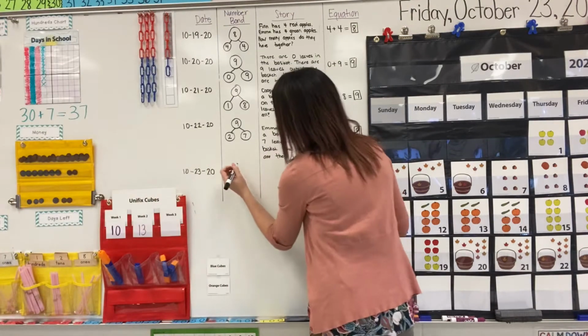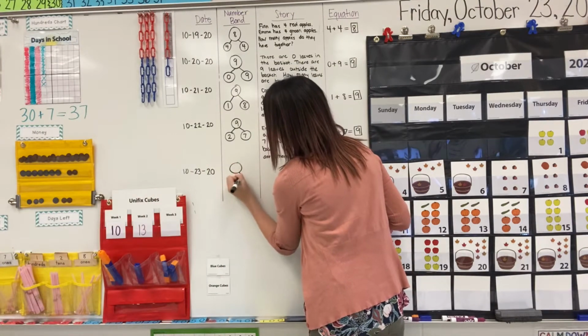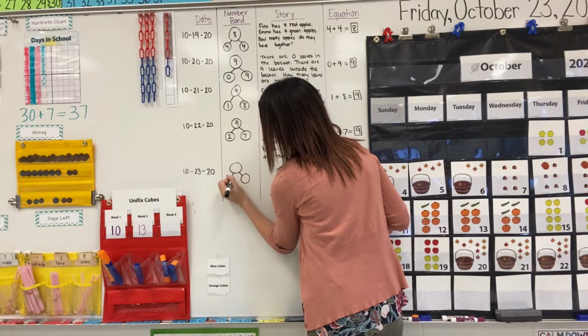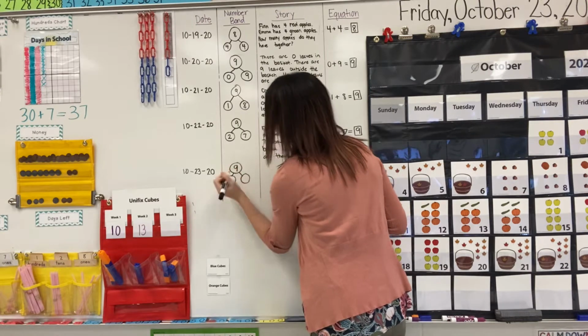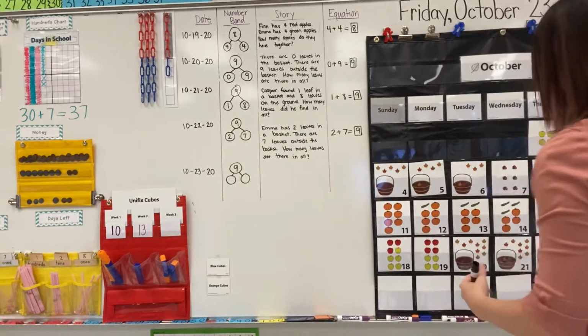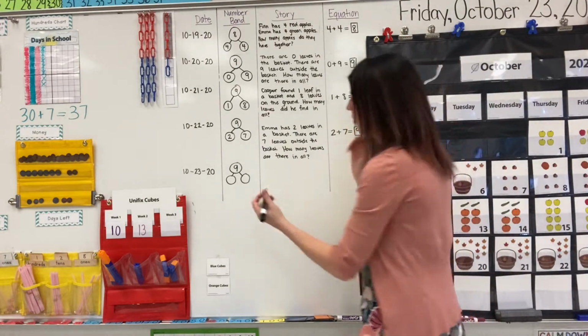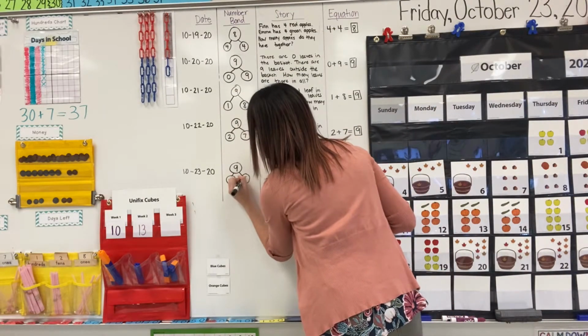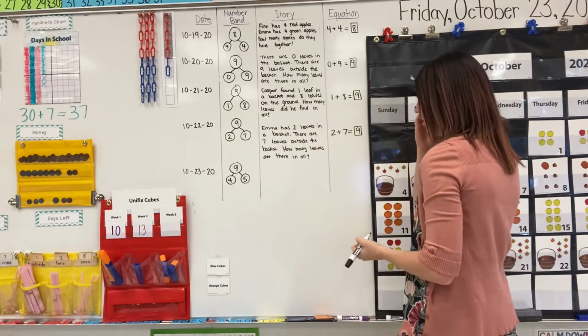Can you help me remember what was in my number bond? What was the whole? How many leaves did we have all together? 9, very good. And then we broke that 9 into 2 parts. What were the 2 parts we broke the 9 into? 4 and 5. Very good. Okay, my story is